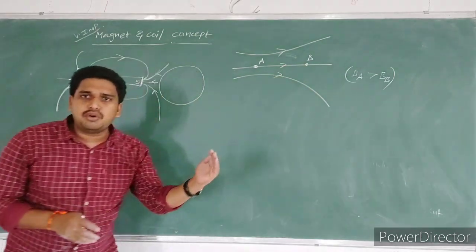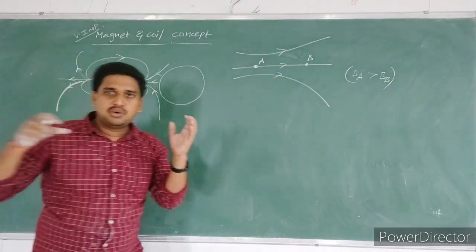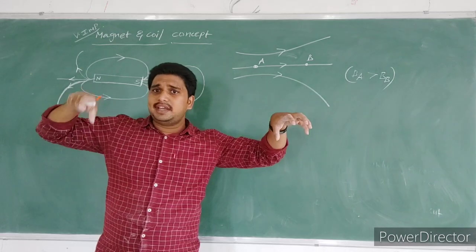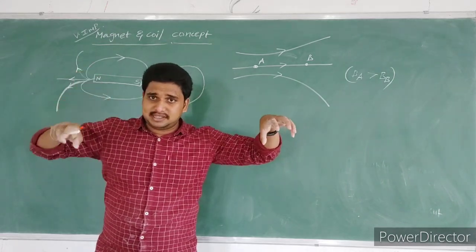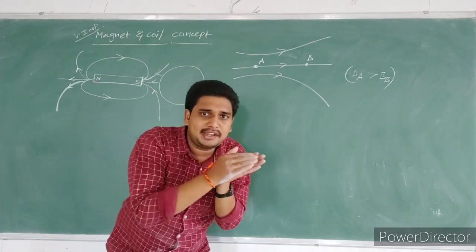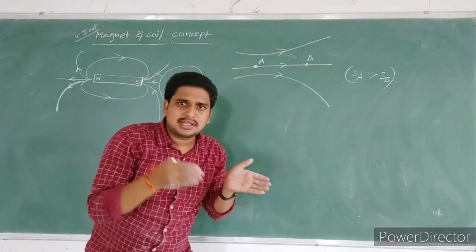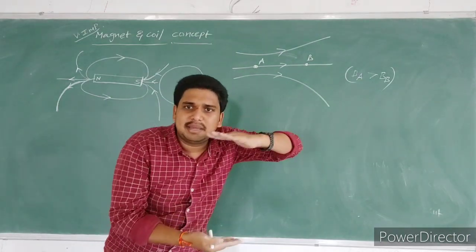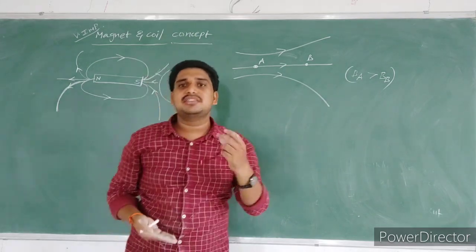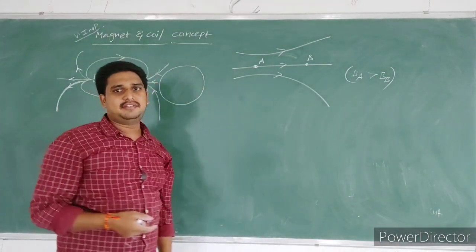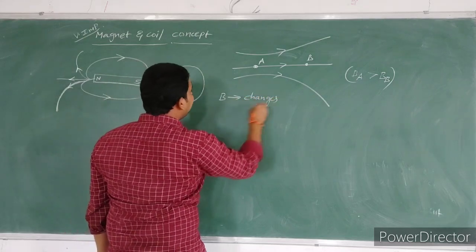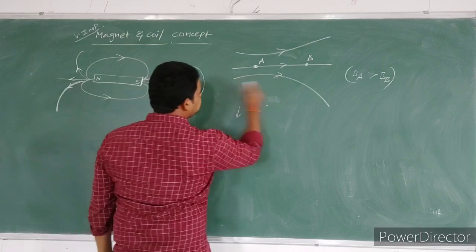Similarly, before entering the loop, the magnet is some distance from the loop. At that time the strength of the magnetic field is less. While this bar magnet moves toward this coil, magnetic field lines enter into this loop. Once the magnetic field lines enter into this loop, they become very near. If they are nearer, the strength of the magnetic field is high. That means the magnetic field changes here. Did you understand my point?